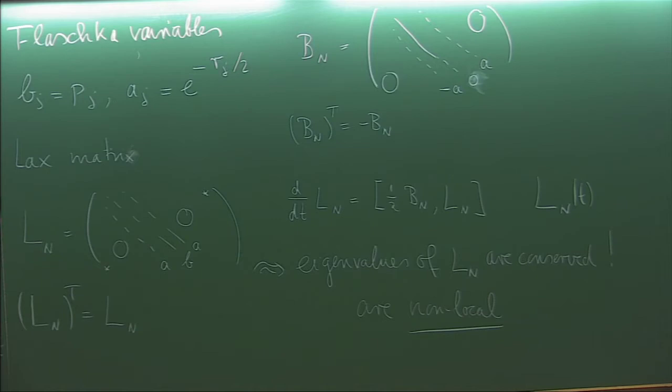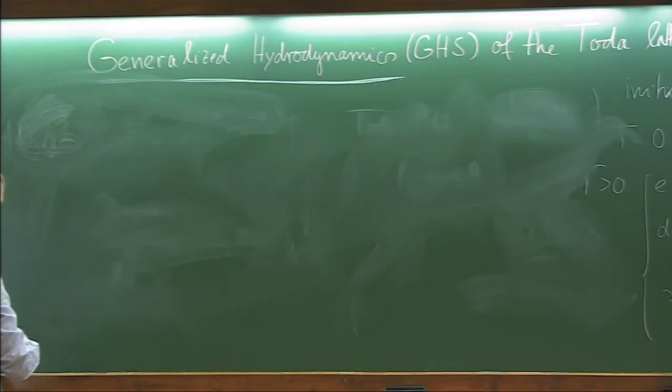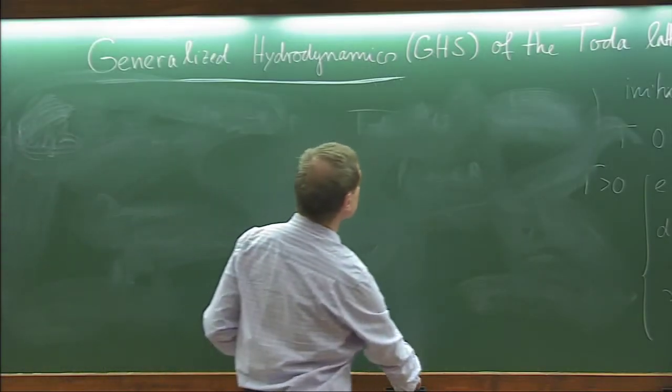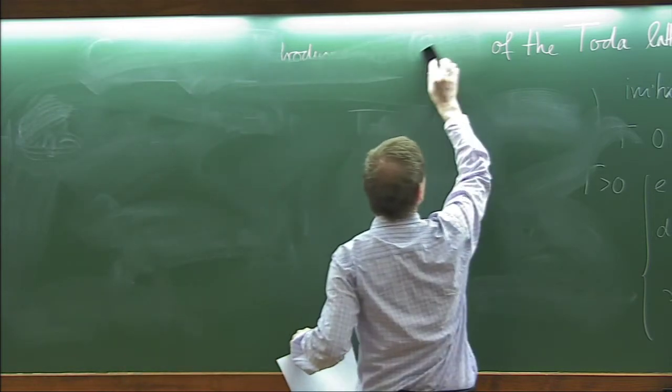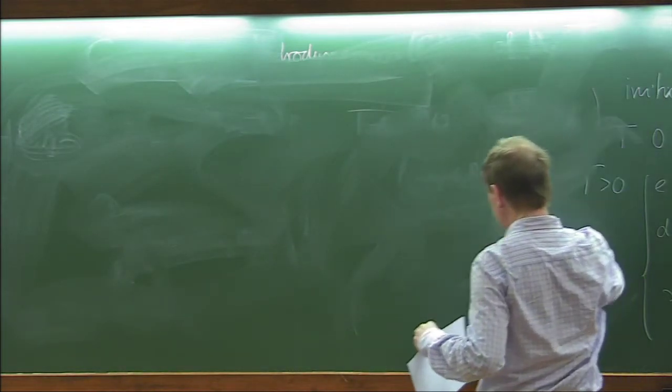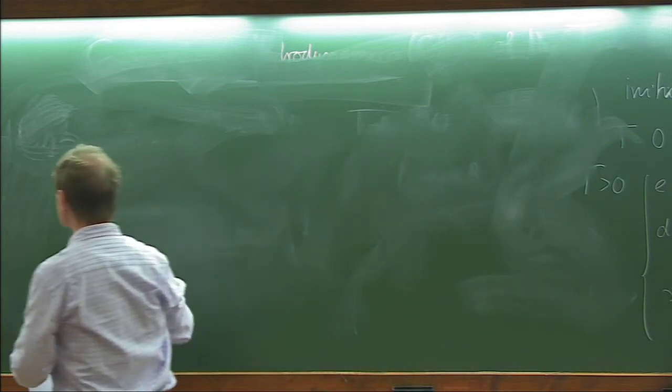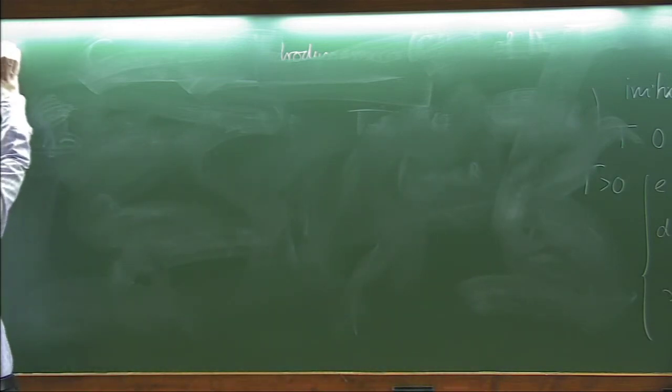Okay, so now I have the charges here, and the trick is the following. Maybe I want to do it slightly differently. Maybe I want to erase the title also. Then that's much better. So now I'm writing this already for the infinite system. So now I have again n equal infinity,